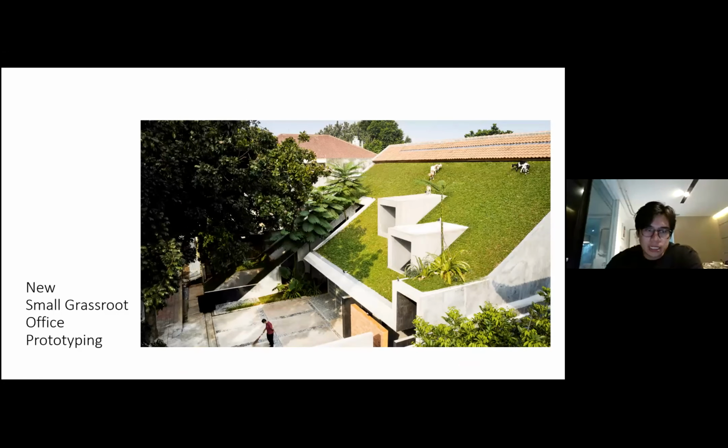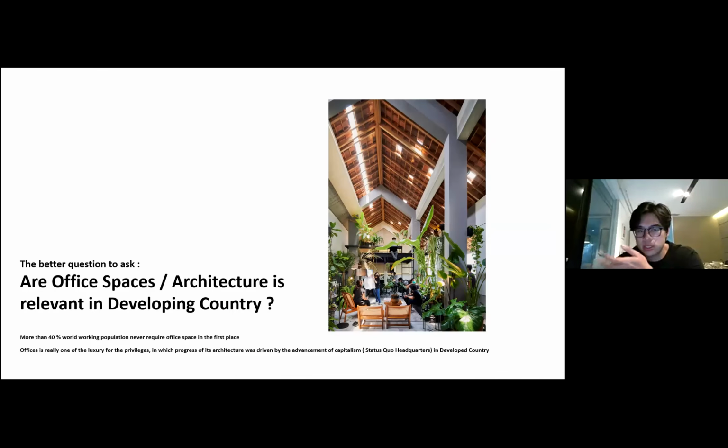Fast forward, office prototyping. This one is interesting because it also serves as an office, and this is exactly where I am right now. It's a small grassroots office prototype, and it started when we built this office. We asked the question: is it really relevant to have an office building in a developing country? You know why? Because